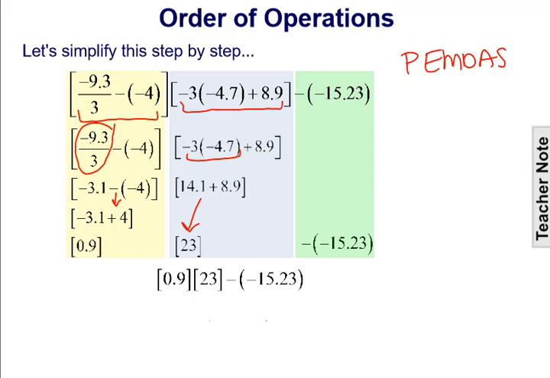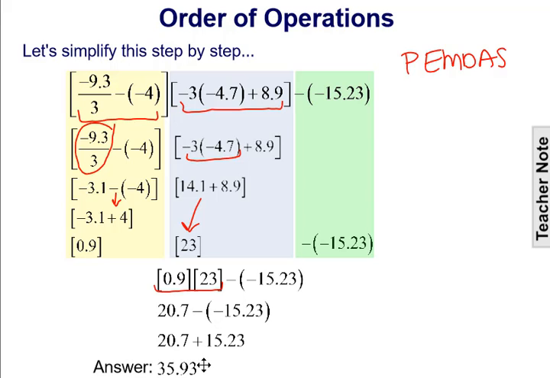So we've taken care of the P. There's no E, there's no exponents or roots. So now between multiplication and subtraction, PEMDAS says multiplication comes first. So we're doing the 0.9 times 23, which gives us 20.7. And lastly, we can now address the subtraction, which in this case is actually addition because you're subtracting a negative. We're going to change that to 20.7 plus 15.23, which gives us a final answer of